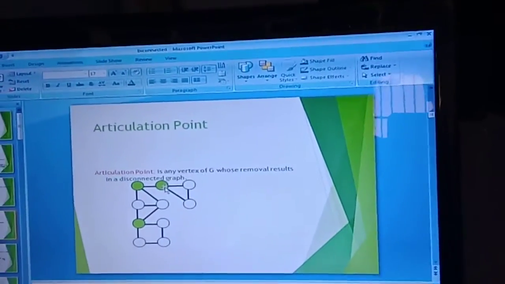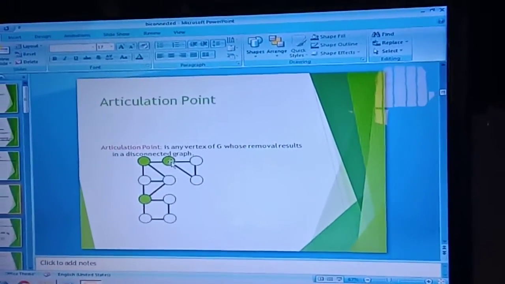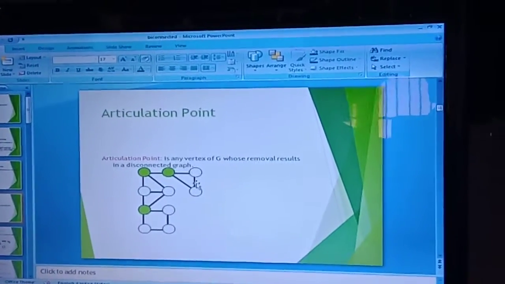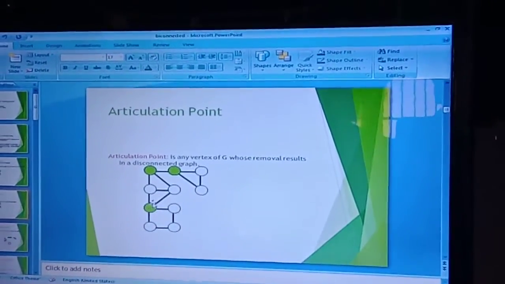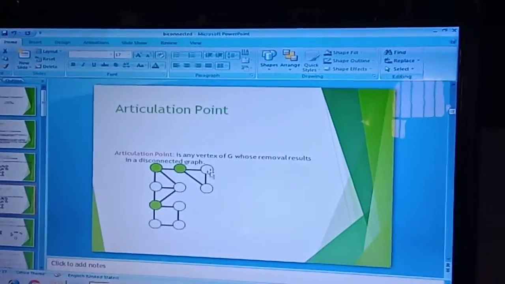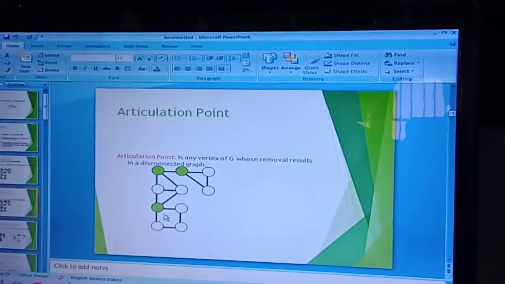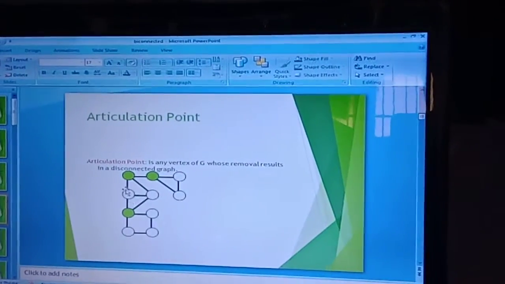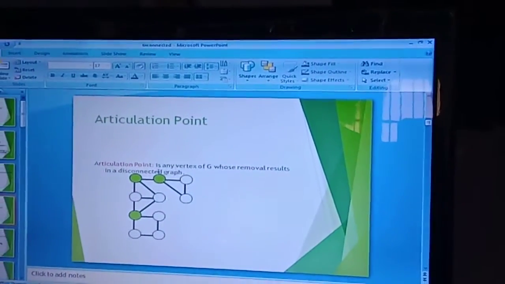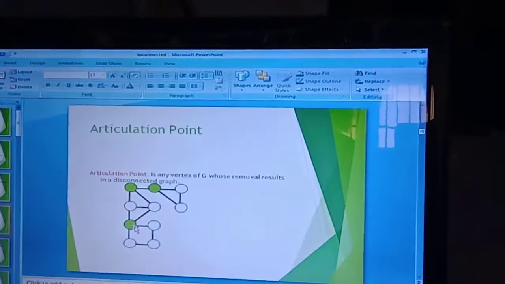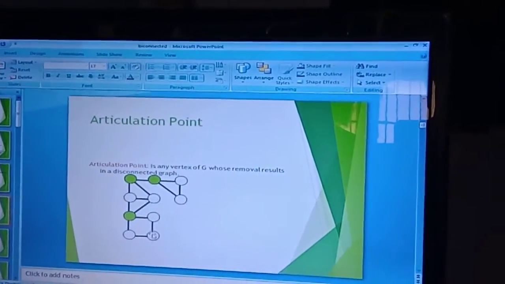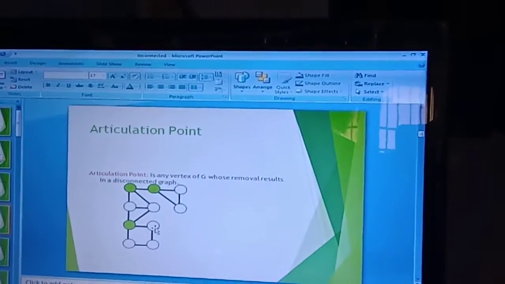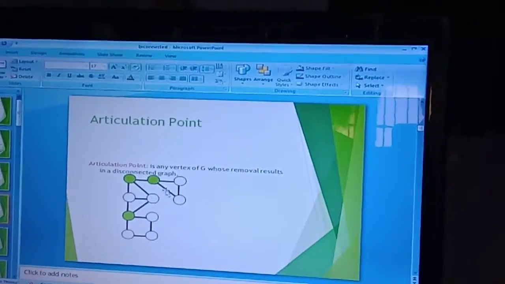When I remove this one, the graph is divided into two partitions: this one and the remaining set. When I remove this also, the graph is divided into this one and this one. And when I remove this also, the graph consists of 3 vertices in one and 6 in another.